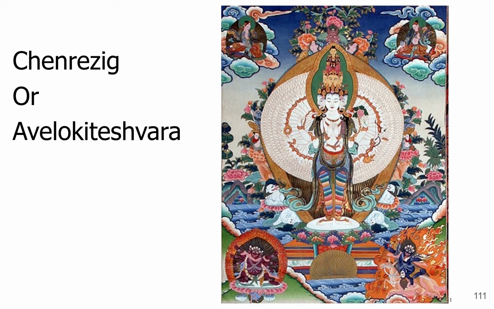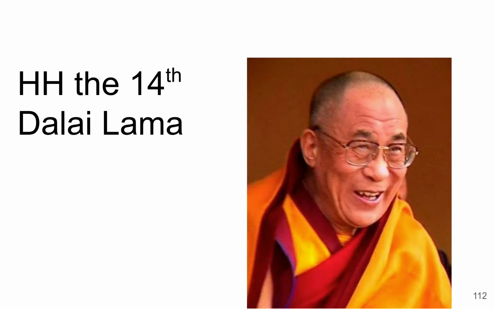This is the 1,000-armed emanation of Chenrezig. He's got 13 heads, including a little tiny Shakyamuni Buddha head on top. He's got 1,000 arms so that he can work better. So it's an interesting story. I think it provides some illumination into what Tibetan ideas of how you should be as a person, what their ideals are. But it's also important because in Tibetan Buddhism and in Tibet, they believe that Chenrezig, that the Dalai